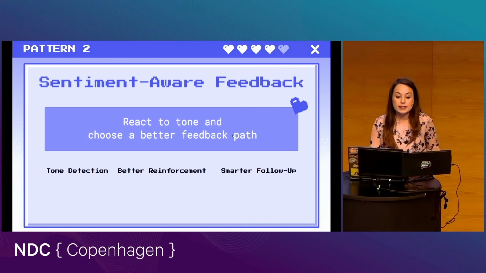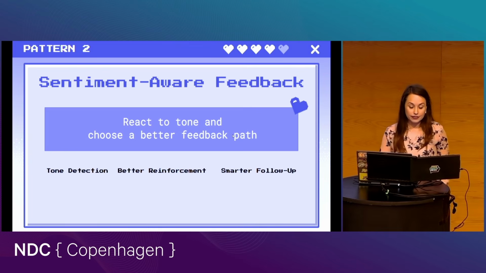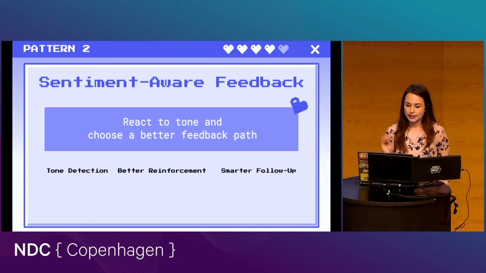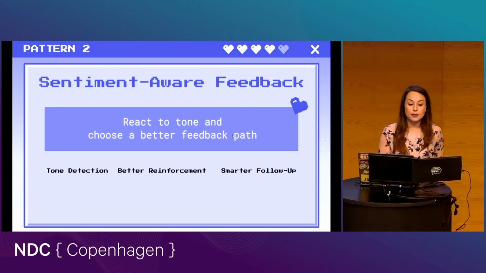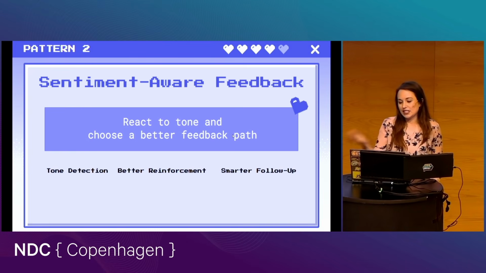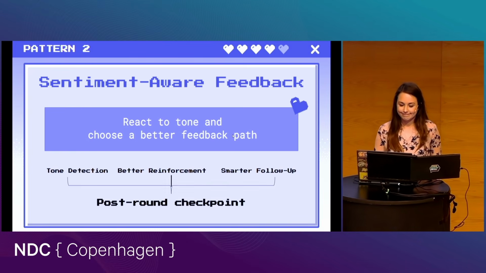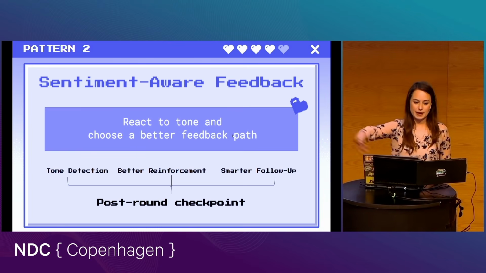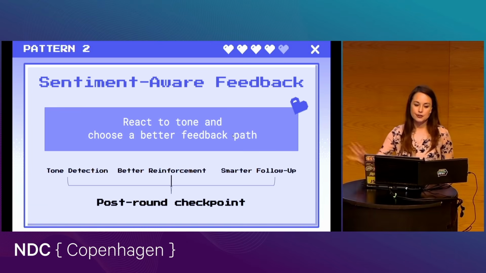It's not about changing the challenge itself. It's more about checking the tone, the vibe, reinforcing that good stuff, and then choosing a smart follow-up to the tone it receives. All of this combined together is kind of a post-round checkup here.